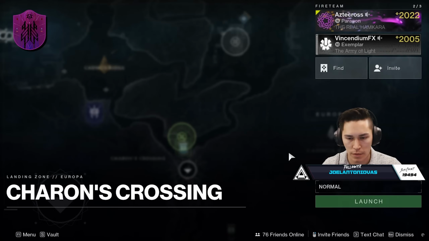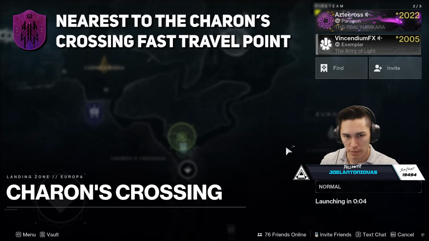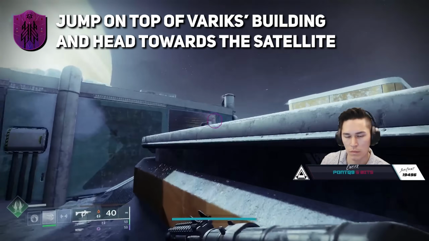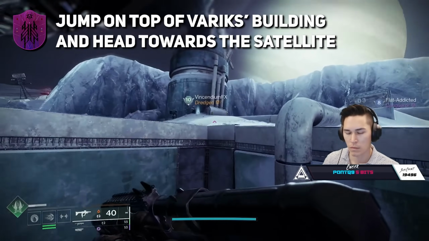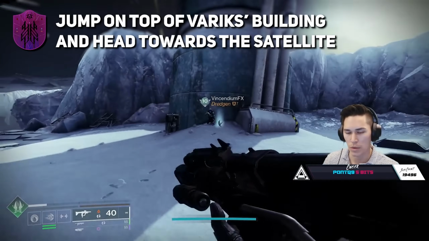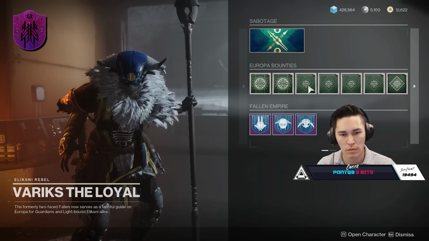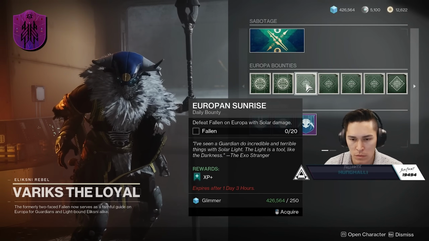Now, we're going to show you each one of these objects, but the object here is located nearest to the fast travel point at Karen's Crossing. Essentially, you just want to travel to that fast travel point, and you'll jump up to the top of the building that Varix is located in. And you're going to head towards the giant satellite, and you'll see the object here that's glowing. You'll then also drop down below, pick up the 3 bounties from Varix,